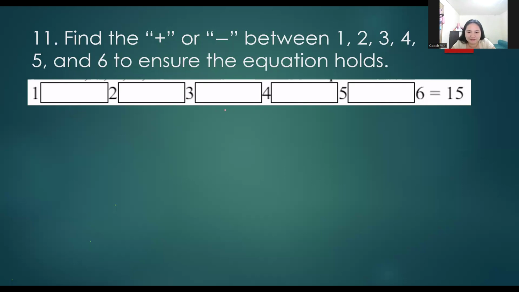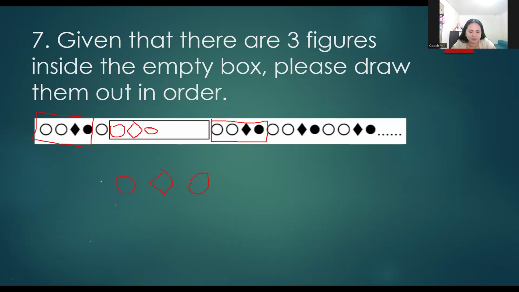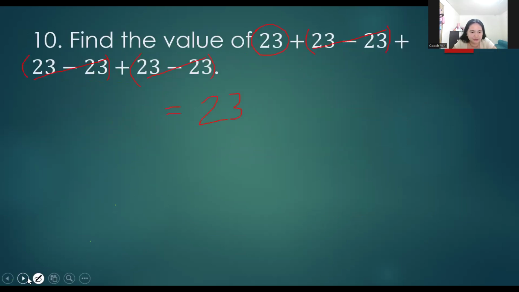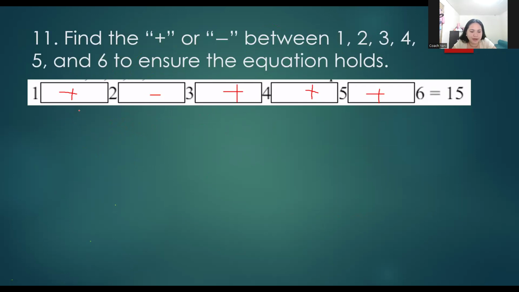Okay, so Seth's answer is plus minus plus plus plus. Is that correct, Seth? This one, like this? Is that correct? So if you add, oh no. 10. So if you add it, you have 3 minus 3 and then you have this one, 15. Okay, you can also do this one. So did you do trial and error here, Seth?